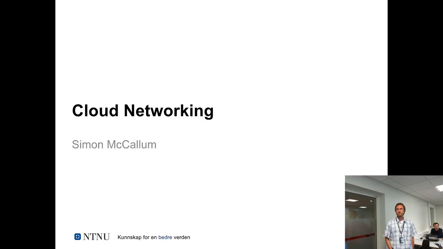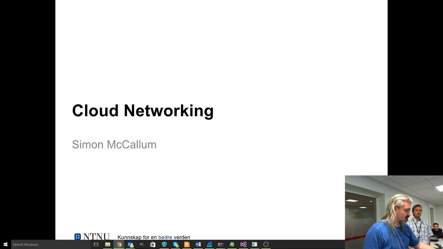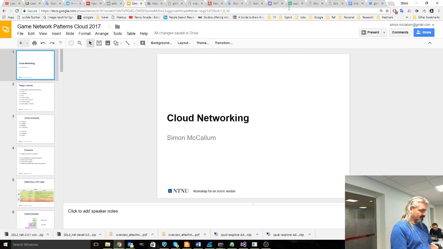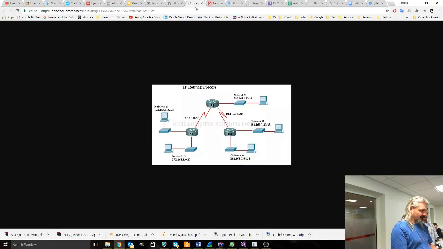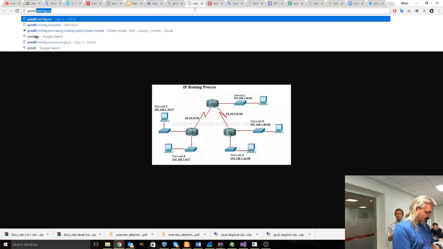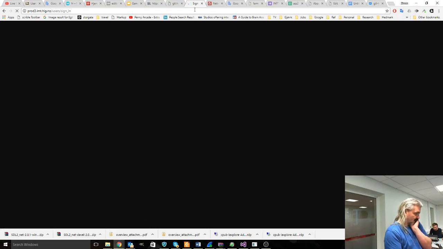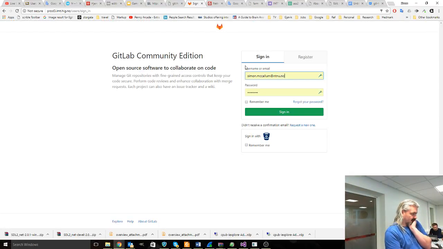Where is this issue tracker? It's on prod3.imt.hig.no. It's a GitLab setup. Some of you, especially the third years, might already have an account because we are using it internally. If you go to prod3.imt.hig.no without any /submission, just the root folder, you will have a GitLab sign-in instance. You know GitLab is like GitHub and Bitbucket. It's kind of the third kid on the block in the Git